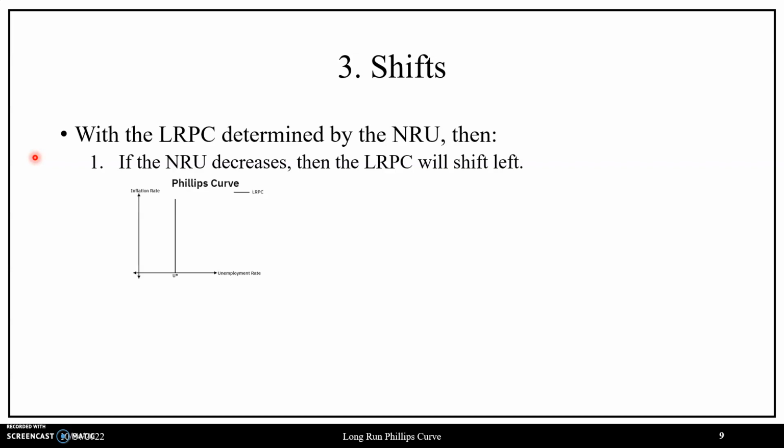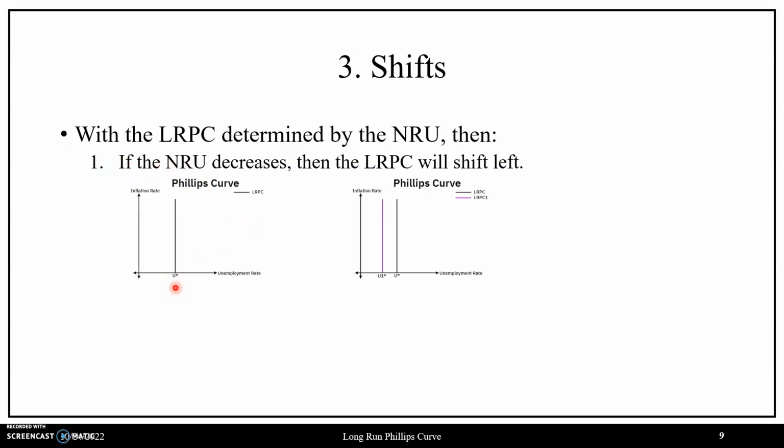Where, should the natural rate of unemployment decrease, that is, a reduction in the typical amount of non-cyclical unemployment in an economy due to some change in frictional, structural, or seasonal unemployment, then this will correspond to a leftward shift in the long-run Phillips curve, where an example of the natural rate of unemployment decreasing would be, say, due to a decrease in structural employment due to an increase in programs assisting those who are structurally unemployed relocate to areas in which their skills are being demanded,